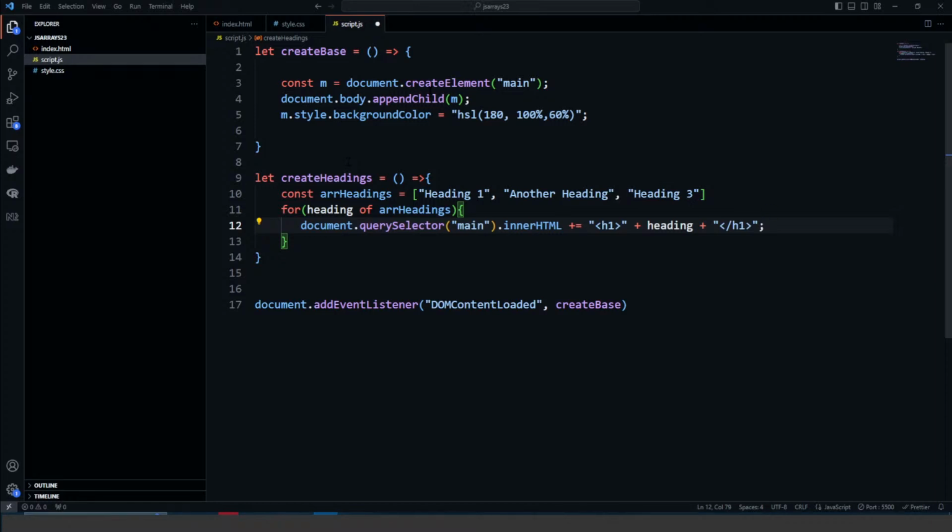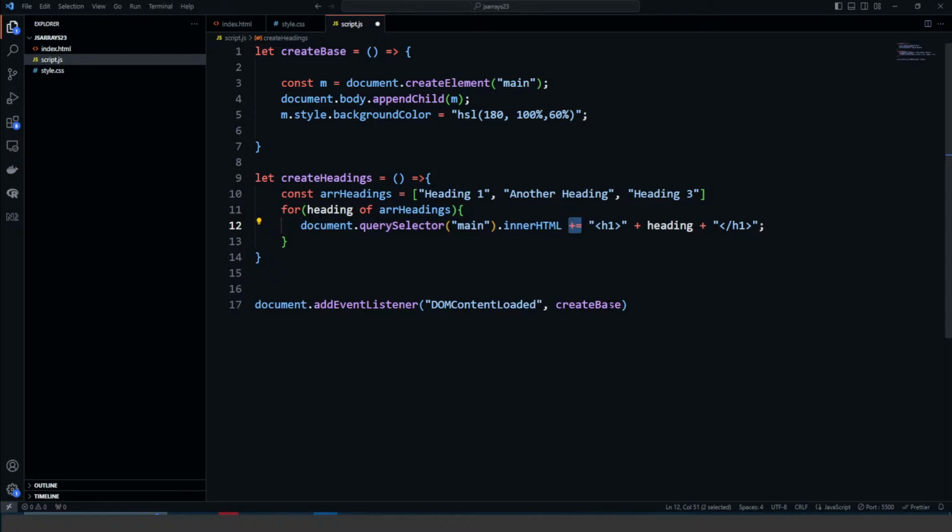Right, so it's going to go through my headings array here. So for each pass through the for loop, it's going to do one of each of these: heading 1, another heading, or heading 3, and create an innerHTML of h1 with the text in it that will be plus equal, so it will be appended